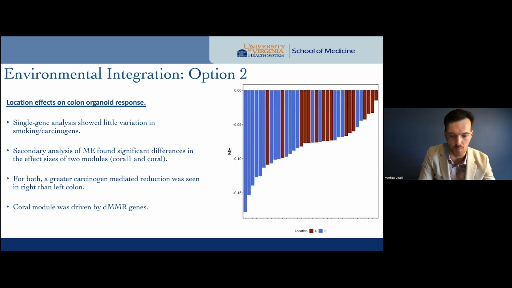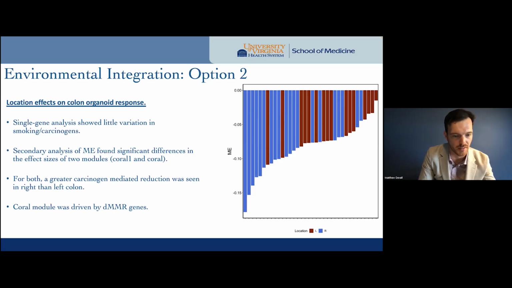And just one example of this can be seen for the coral module, this module that was related to defective mismatch repair genes that drive microsatellite instability. We saw that this was more greatly reduced in right than left colon. All samples led to a reduction in genes within this module. However, this reduction was more significant in right than left colon organoids. What's really exciting about that is that MSI high tumor development is primarily seen in the right colon. So we're really excited about the implications of these